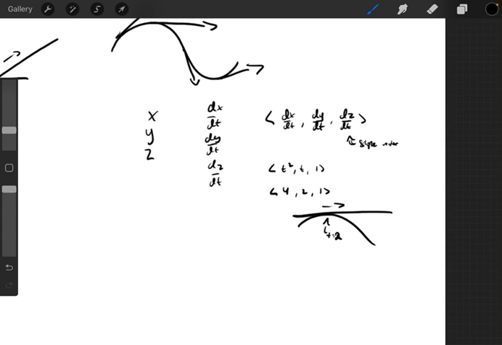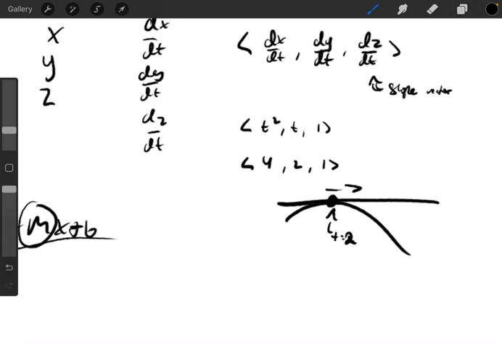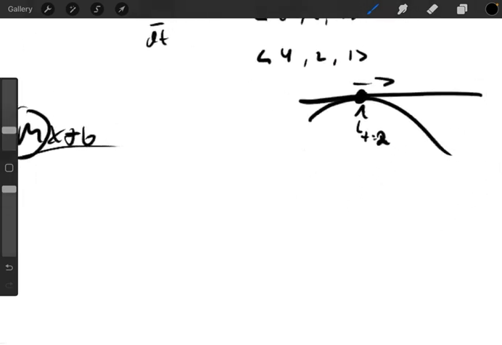in the curve. But just like in y equals mx plus b, the slope is only half the battle. We still have to make sure it touches the point that you want it to touch. And that point is going to be wherever your curve is at t equals 2 for this example. So what you'll end up doing is, your tangent line equation is going to be your x component of the